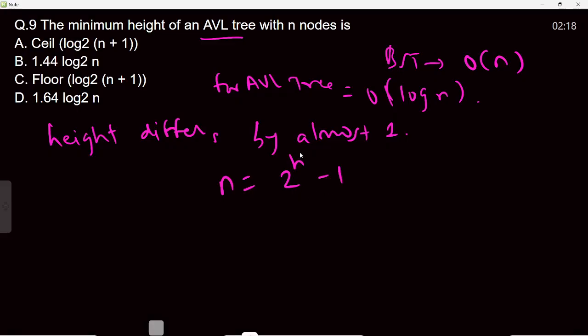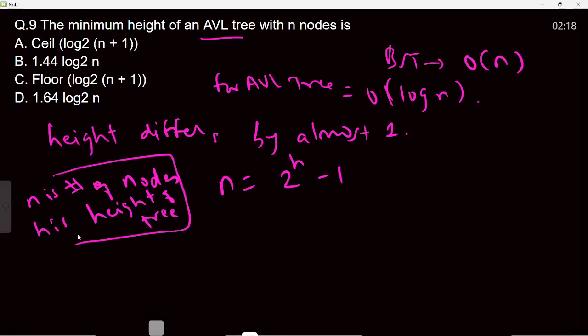Now what is this h? H is the height and n is number of nodes. N is number of nodes, h is height. Okay, height of tree. Now using this, n is equals to 2 raised to power h minus 1, but no any option is matching. All the options are in the form of